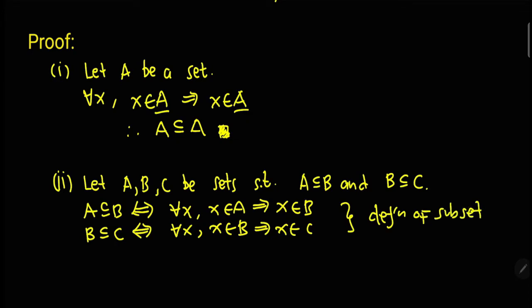Now we have an if-then statement. In logic, we can look at it as P implies Q and Q implies R. So in logic, if you have two implications, P then Q and Q then R, then using hypothetical syllogism, we can just say that for every X,